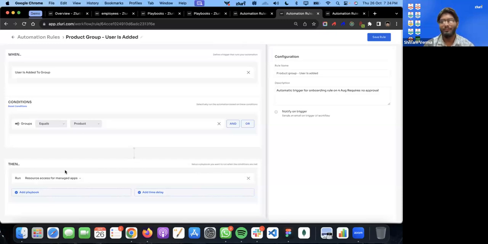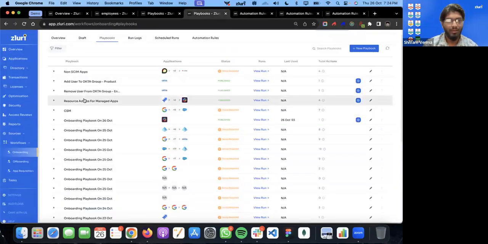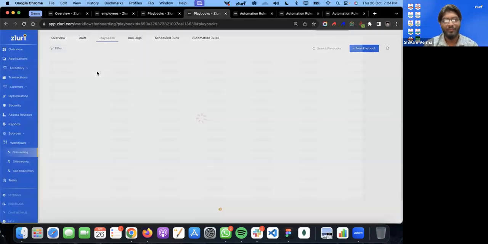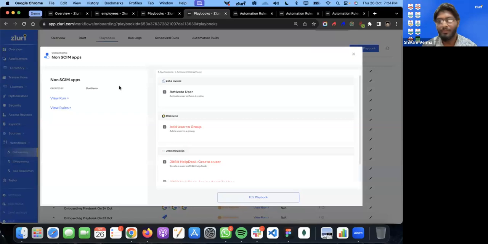But the last part, another challenge that Aditi mentioned: what about the applications which have no SCIM connectors available? And these are, by the way, heavily used applications like Discourse or Zoho Inventory, right? For which we have a certain level of playbooks. As I can show you in an example, I've set up a non-SCIM apps playbook.